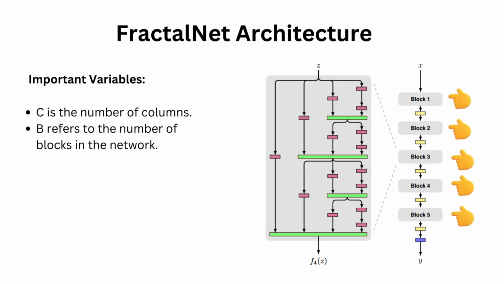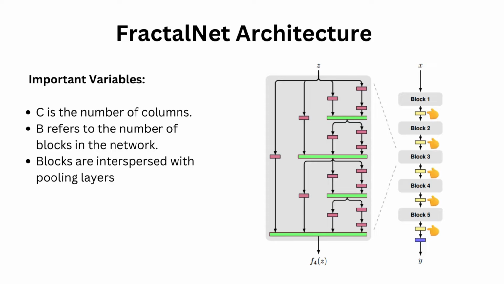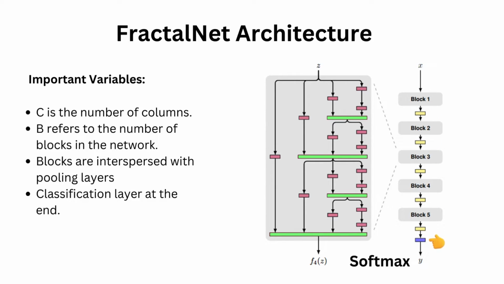We have B, which is the number of blocks. In this example, it's 5. As a side note, in the code, it might get a bit confusing because uppercase B is also used to refer to the size of the mini-batch. Between each block, we have a pooling layer that links them together to reduce dimensionality. At the end of the network, we have a classification layer with the softmax for the different classes we'll be